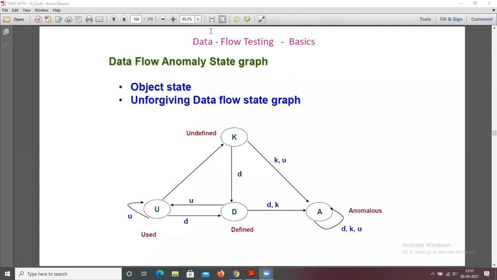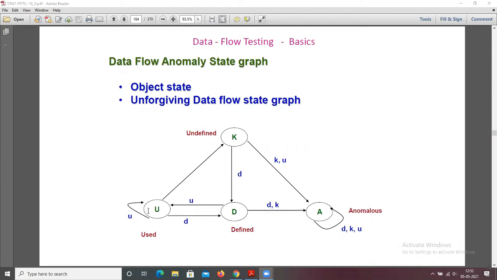This is an example of the data flow anomaly state graph. The graph consists of the states K, D, U, A. K means undefined or previously killed, does not exist. D means defined but not yet used for anything.